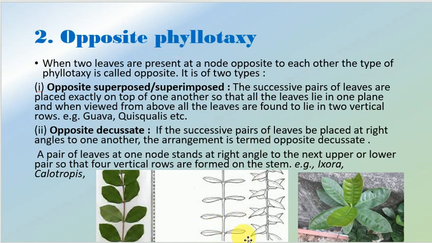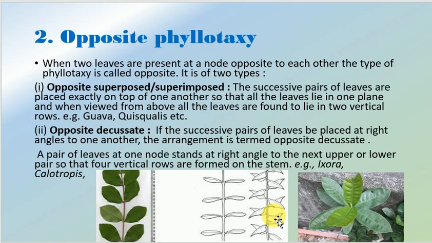In opposite phyllotaxy, the leaves are arranged exactly opposite to each other and every node is giving rise to two leaves. Now depending on the arrangement pattern of the opposite leaves, it is of two types. The first type is the opposite superposed. Here every pair of leaves is superposed over the next and previous one, and they are arranged only in a single plane. This is the twig which is showing the opposite superposed. So here every pair of leaves is placed exactly on top of one another,